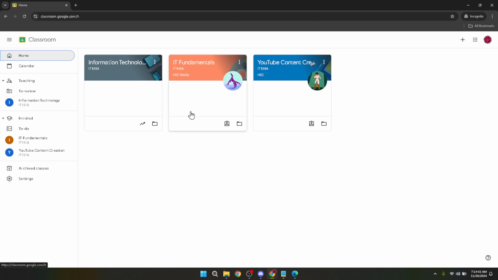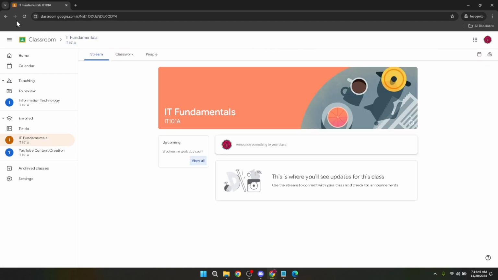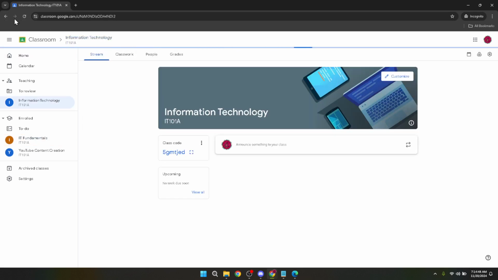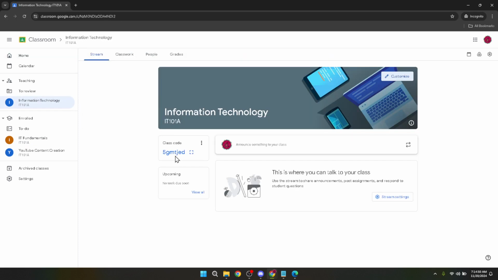Speaking of which, you're likely eager to locate your class code at this point. To find the class code, direct your attention to the left side of the screen. Your class code will be prominently displayed here. This code is your key to participating in your Google Classroom. It allows teachers to maintain a secure and private environment for students to learn and engage in. Whether you're a new student joining the class late or you simply need to rejoin the class for any reason, this code is what you'll use.